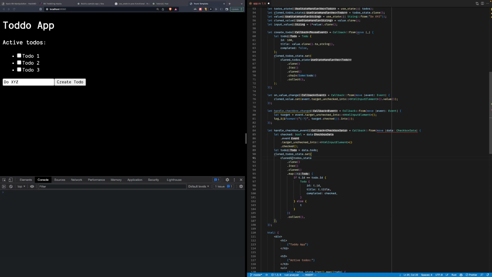Can I? We're gonna do TODO's state dot clone and TODO's state.